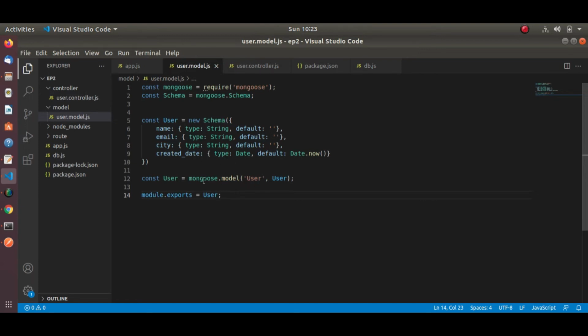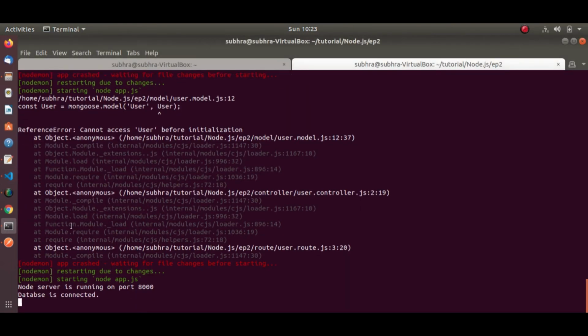Yes, this one, we cannot create the same constant again, so let me make it schema. Now let's check. Yes, now our server is running fine.